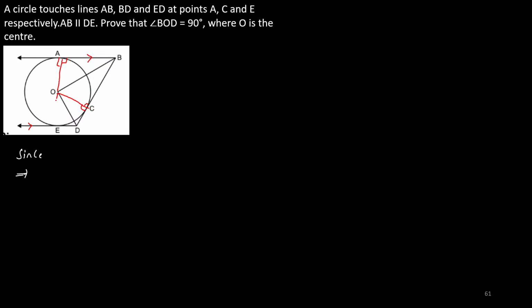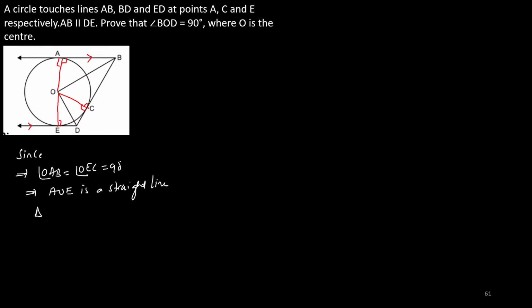I will join this also, and this also. So now this is perpendicular to each other. This is perpendicular since angle OAB is equal to angle OEC, which is equal to 90 degrees. That implies AOE is a straight line. Because it's a straight line,